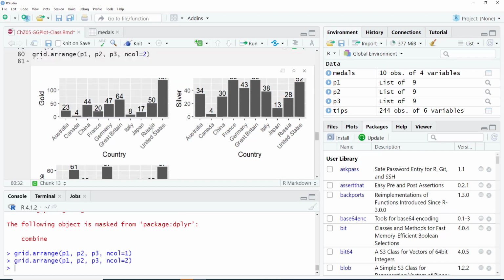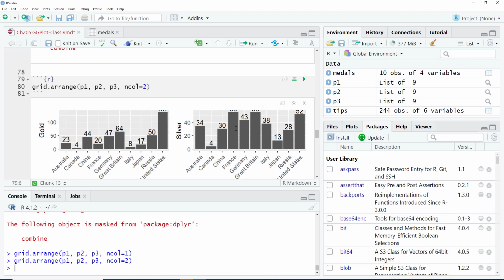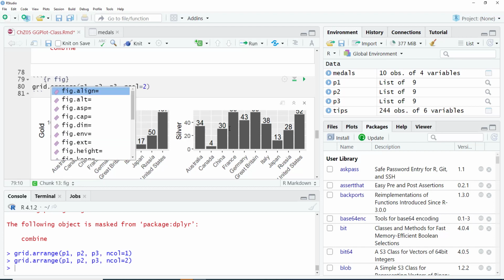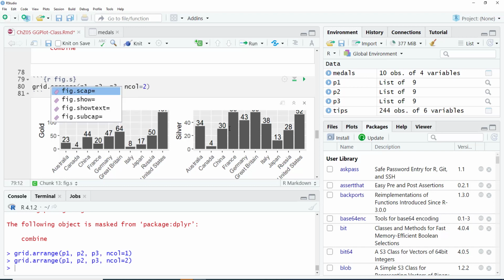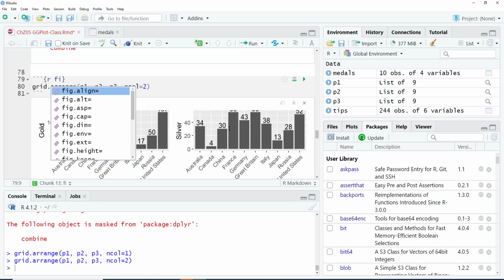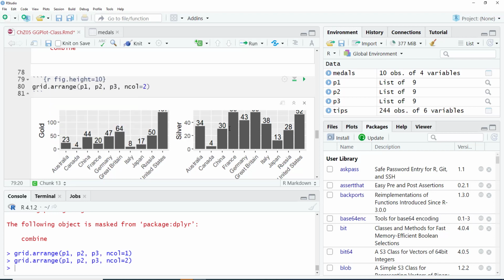One thing you can do is use the code chunk option, I think it is plot size or figure size, figure height, I guess that's what it is. So if you say fig.height equal to 10,